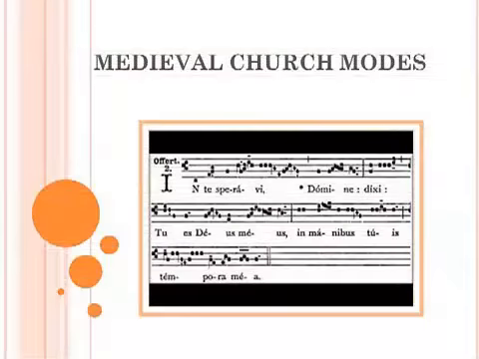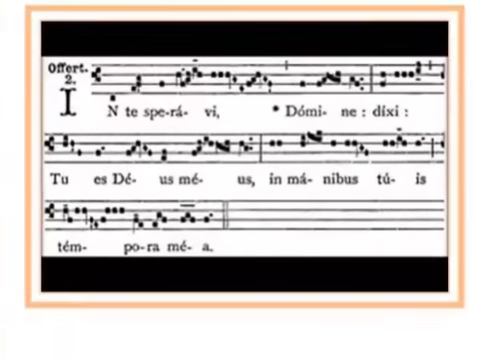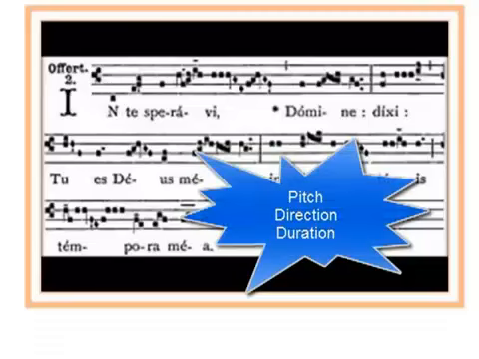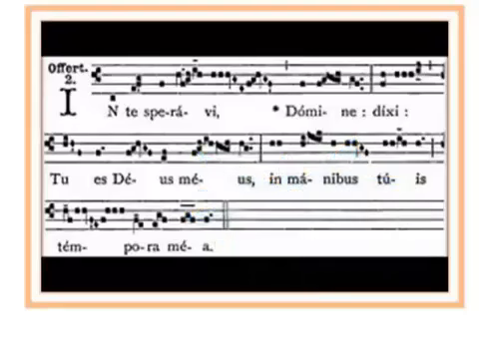Here's an example of early notation that would have been based on the modes. Notice that there are 4 lines. There's no clef. However, the notes, which were called neumes, show pitch, direction, and duration. This notation is not nearly as accurate as our modern notation system, but it still relied heavily on the oral